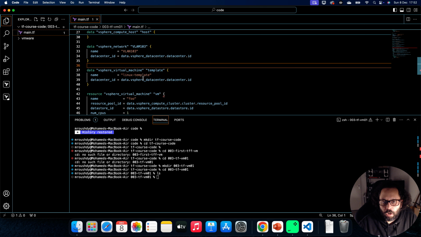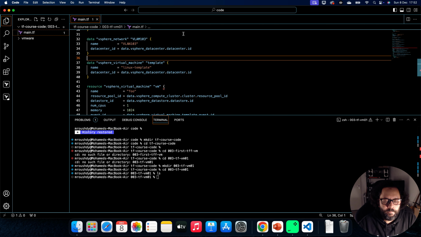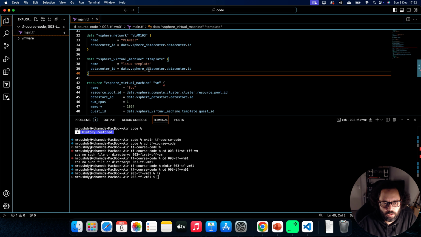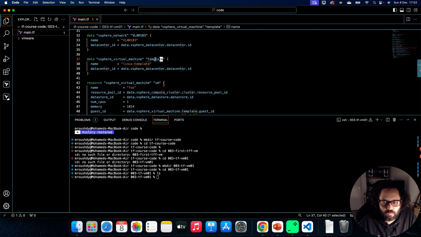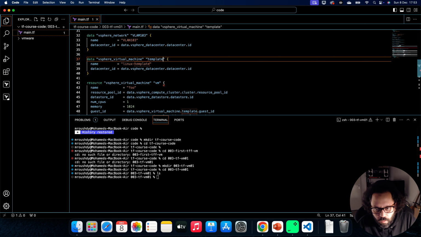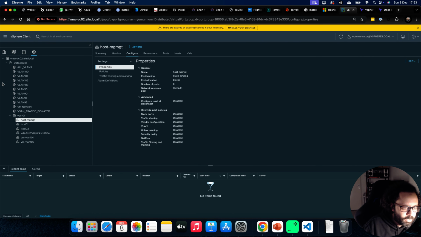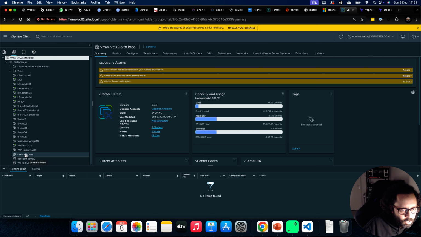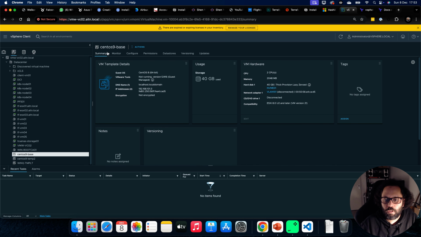Now, we are going to clone from a VM, so I'm not going to waste my time creating a blank VM. So this data block here is fetching important information about the template, and here it's labeled template just for us to understand. I will give it a name here. What template will I be using? I will be using a Linux template once again from my lab, and it's called CentOS 9 base. Let me just copy and paste the name